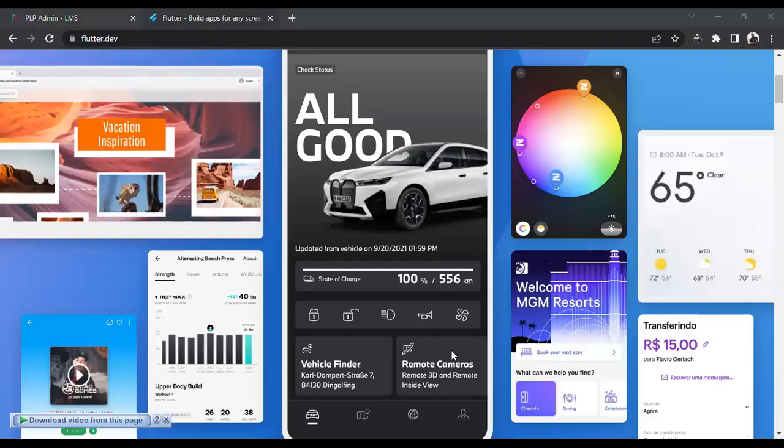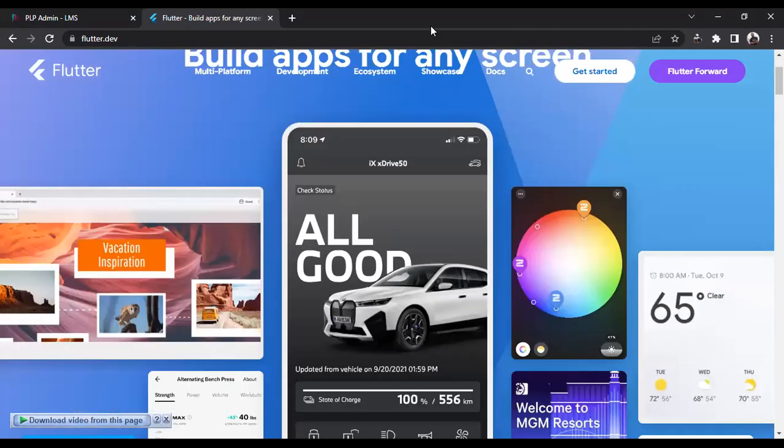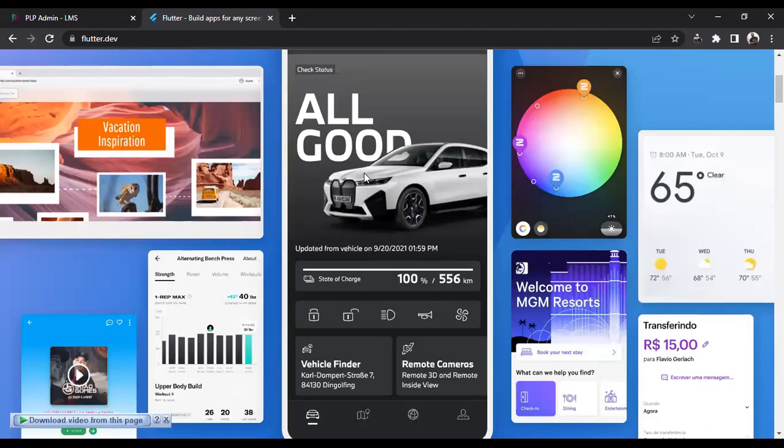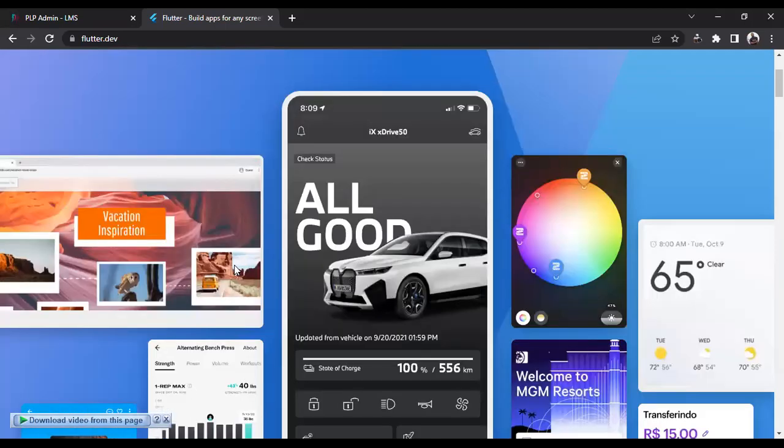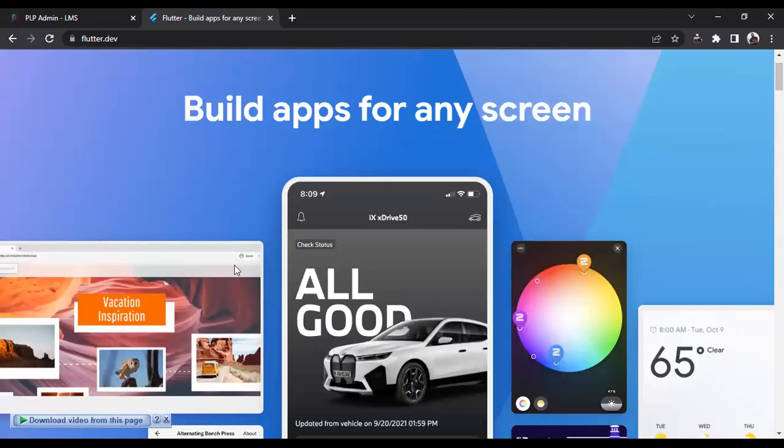Okay. So today I'll talk about Flutter. I'm sure you guys are familiar with what object-oriented programming is. So today I'm going to introduce you to Flutter because you guys have a project. So it would be best for you guys to jump on Flutter right now so that you can be familiar